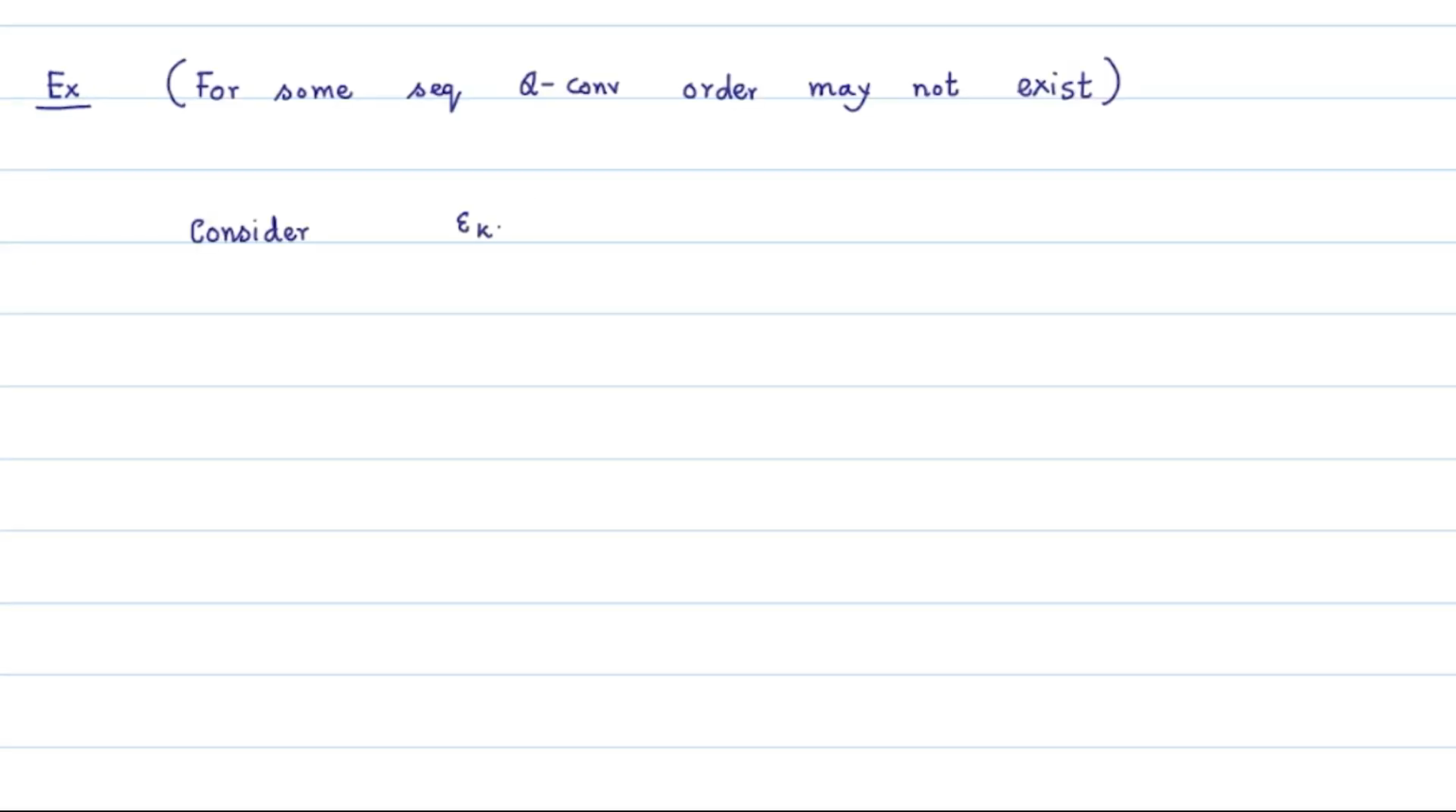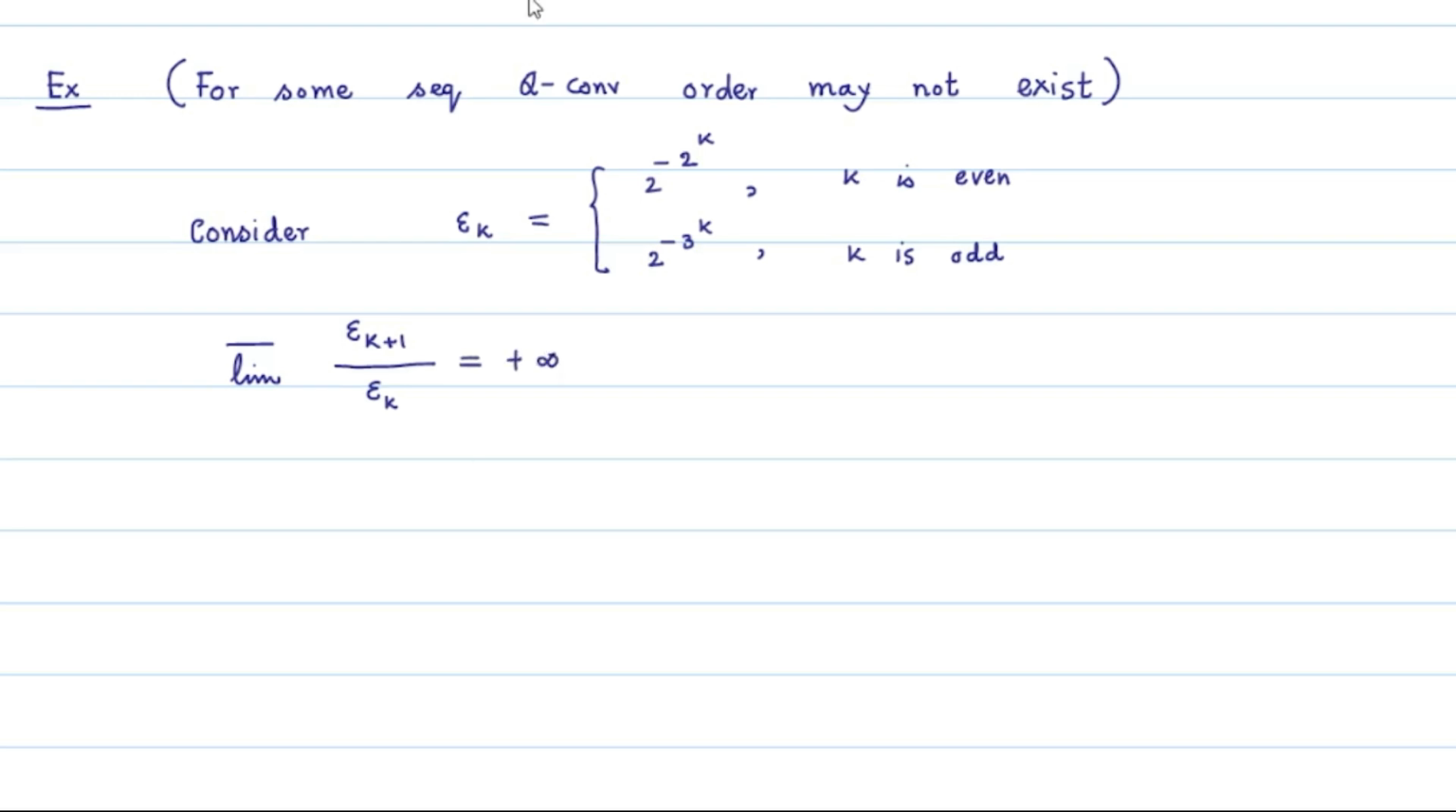Consider the sequence epsilon k defined by 2 to the power minus 2 to the power k when k is even and 2 to the power minus 3 to the power k when k is odd. For this sequence, please try to show that epsilon k plus 1 divided by epsilon k, its limit supremum, is equal to positive infinity, and hence